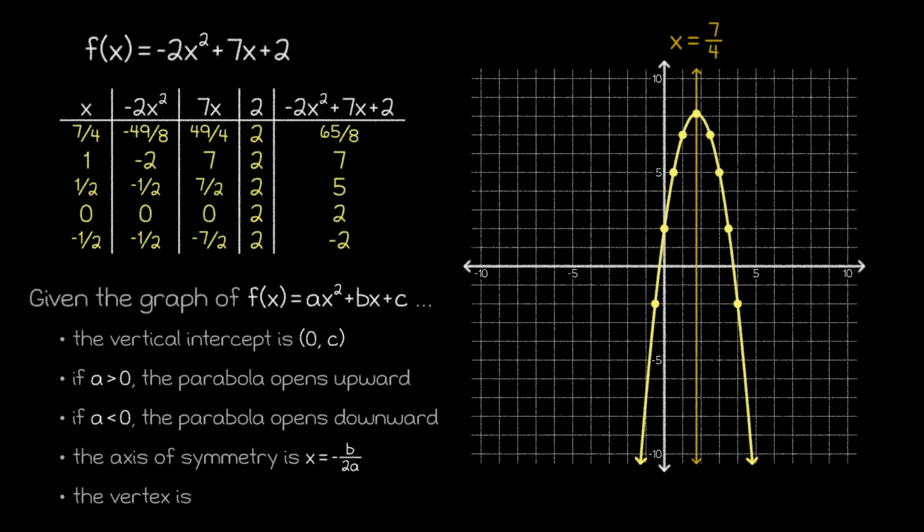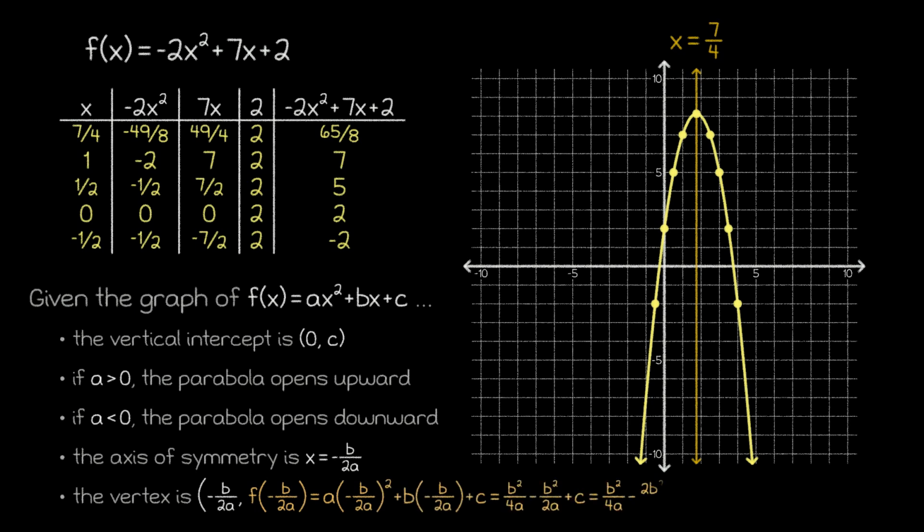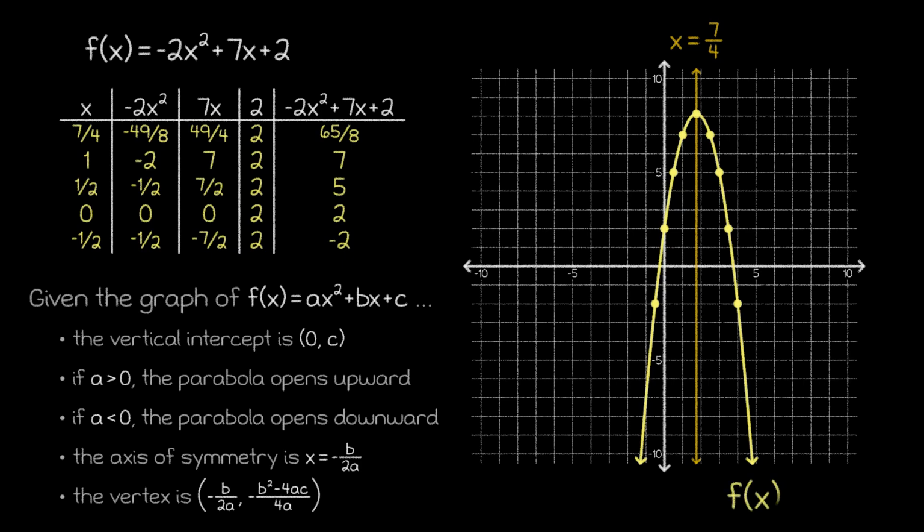The input coordinate of the vertex will be -b/2a, like we have in our equation for the axis of symmetry. Then, for the output coordinate, we could simply represent it this way. But if we want to get more explicit, we could actually evaluate that expression in the function to get this output expression. Thus, if we graph a quadratic function that's in the standard form, we get this vertex point, and these are the features of the graph that will be most important for our purposes.